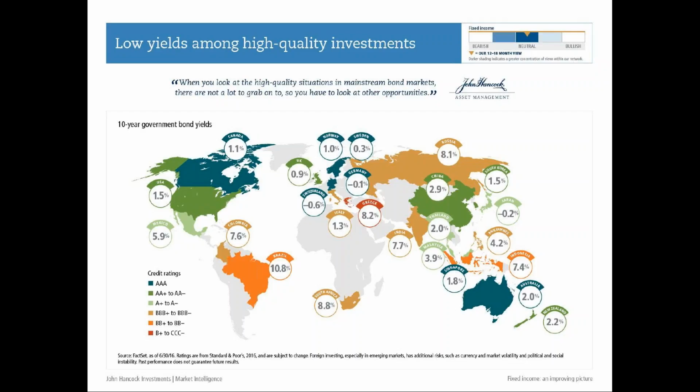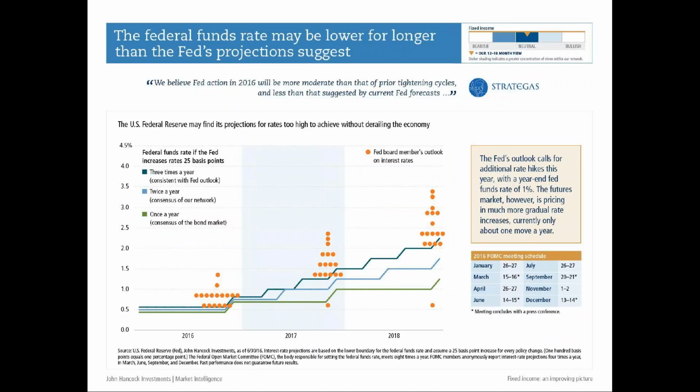In terms of credit quality, there are places right now, if you're willing to take the risk, that you could get better yields. One thing that we think about is that there are active strategies. A lot of times they call them strategic income, they call them bond funds, but there are managers out there that can go across the world and find opportunities. And we do think if you do your homework, you can find some interesting ways to allocate your investments into these bond strategies that can enhance returns, but also think about risk. Again, you have to do your homework before selecting, but there are ways to add value in this kind of global space.